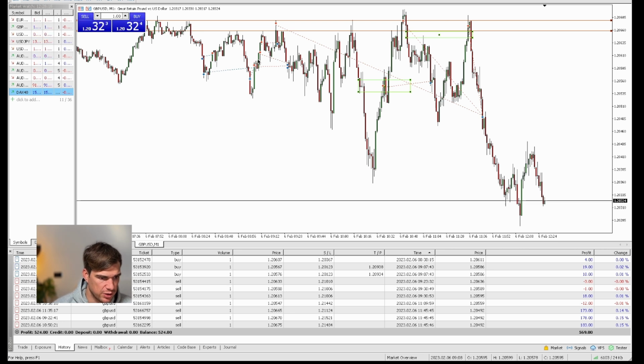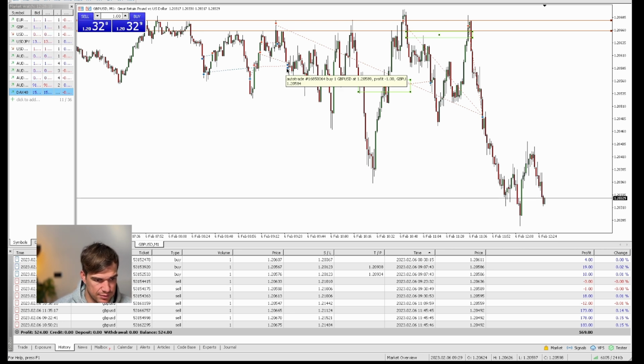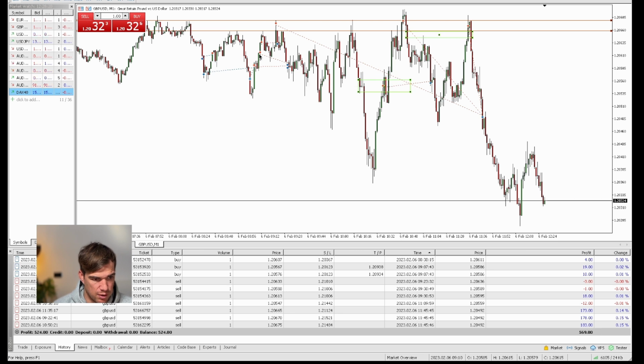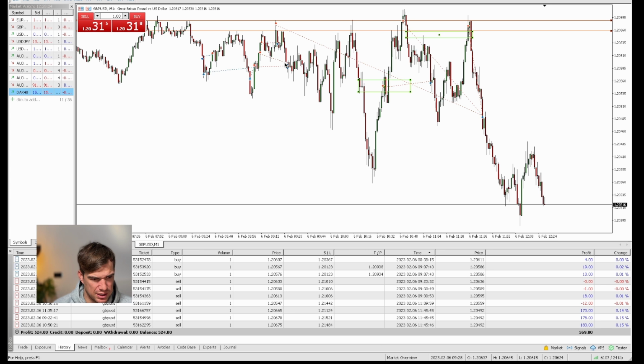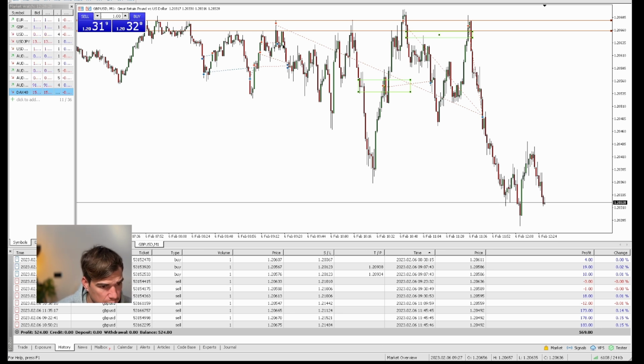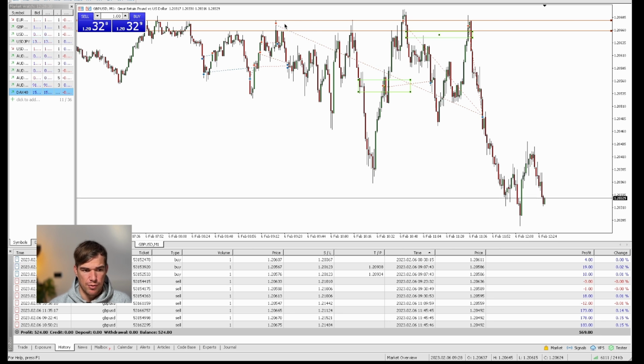So I had shorts here that I killed there. You see how I filled it there. That one came back up, killed it there. That one, I believe I killed it. I killed that one there, and that one there. Because I wanted to trade from this position here. This was my best fill.